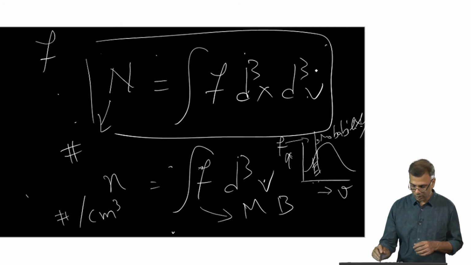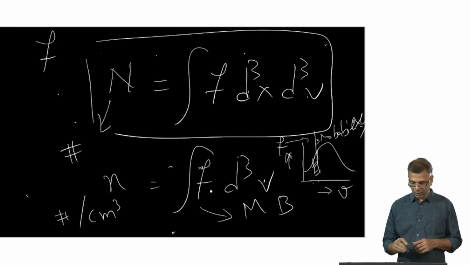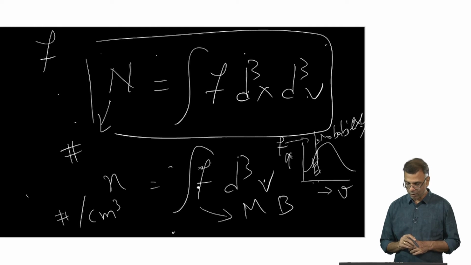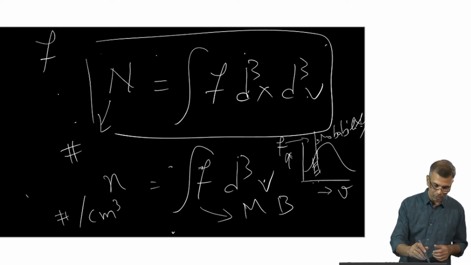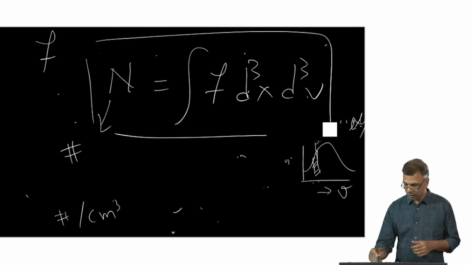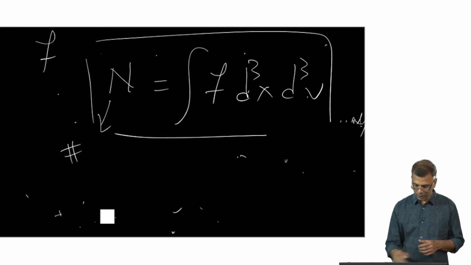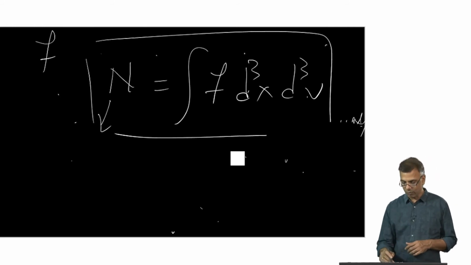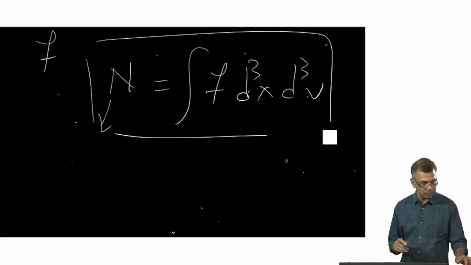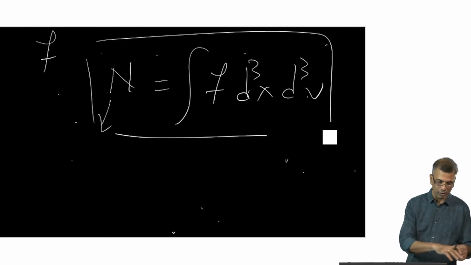Now, having defined a distribution function like this, this would be what's called the zeroth moment of the distribution function. Now what if I want to find out the average velocity? The average velocity of particles inside this kind of